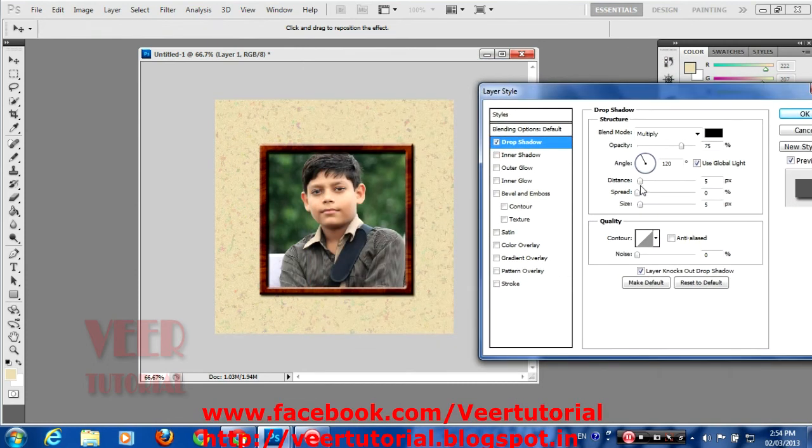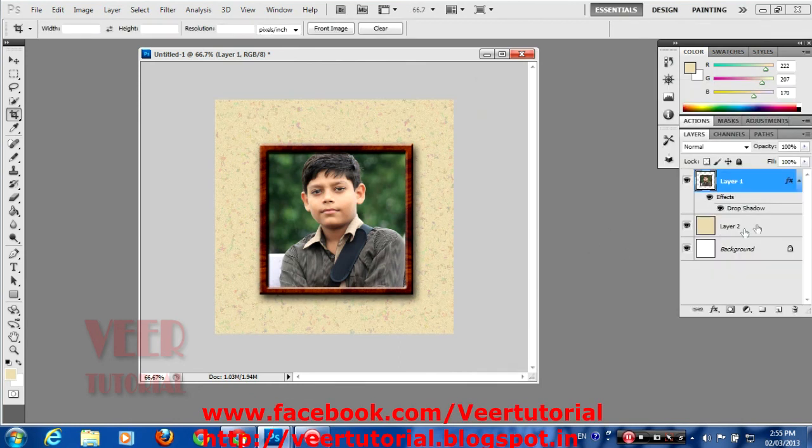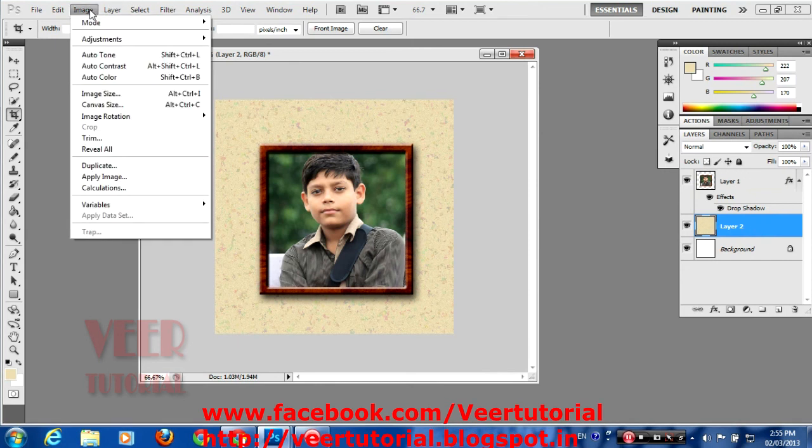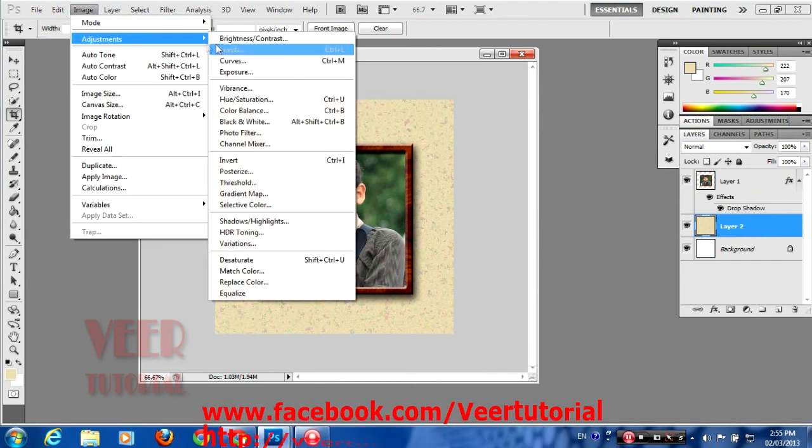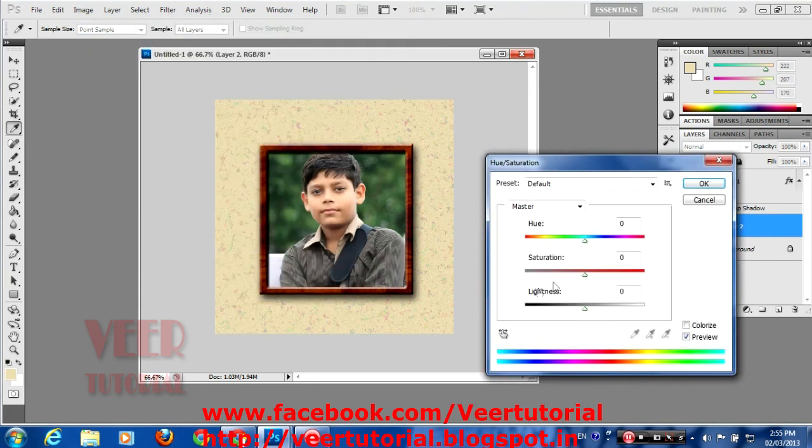So increase some distance and the spread also, the size as well. Now it's looking very good. So if we want to change some color of Layer 2, which is the background of our image, we can do that by going to Image Adjustments, then the Hue/Saturation button.